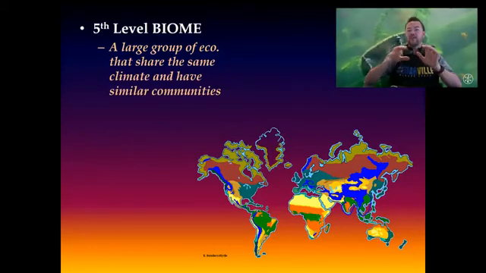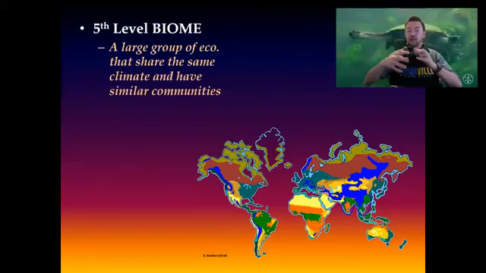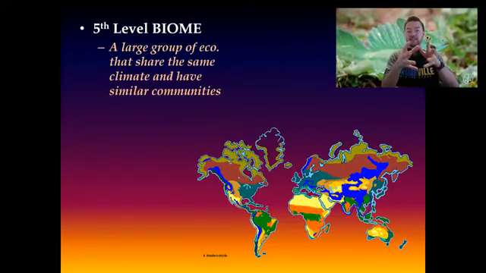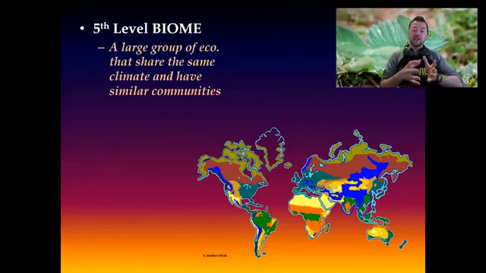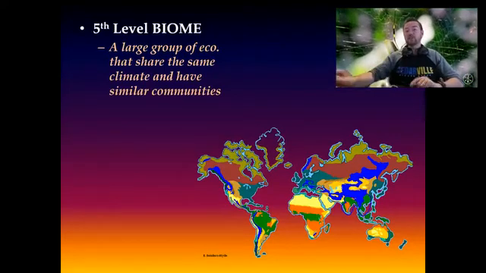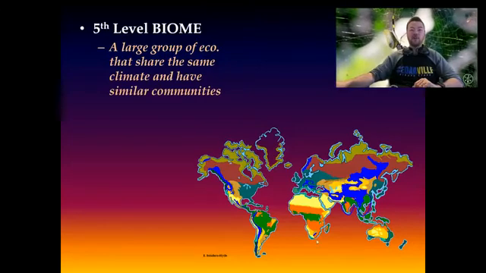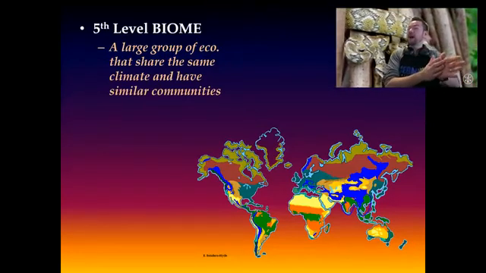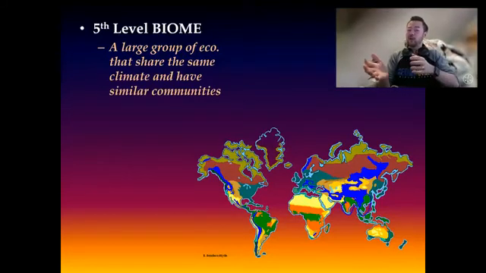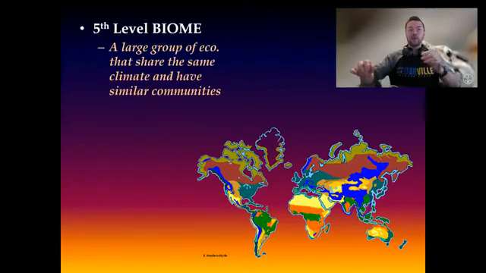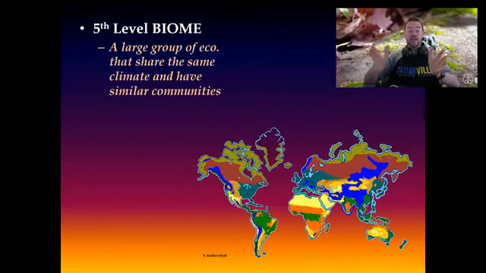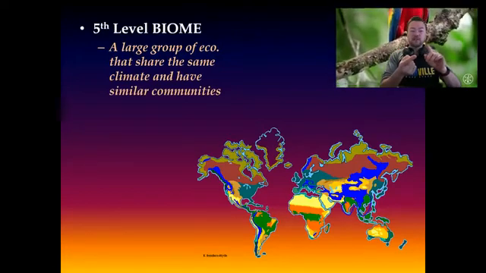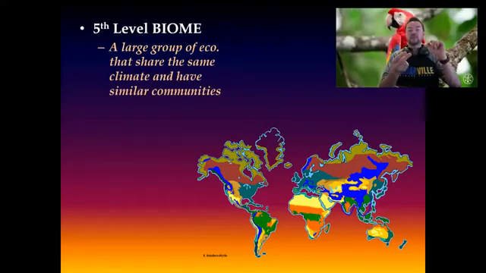But what if I have a whole bunch of ecosystems in an area? For example, a forest, a lake, a stream, a cave, all of these places full of living and non-living things in a large area. Well, now you're talking about a biome. You are familiar with certain biomes, but when you talk about other biomes, you're like, oh, I don't get it. Well, a biome is a very, very large area that has pretty much similar setups of ecosystems with organisms and